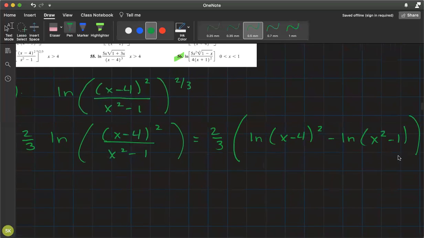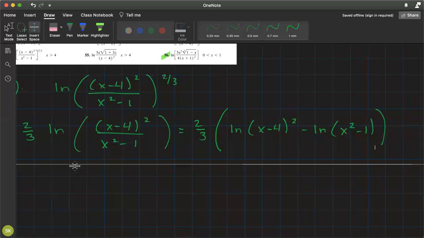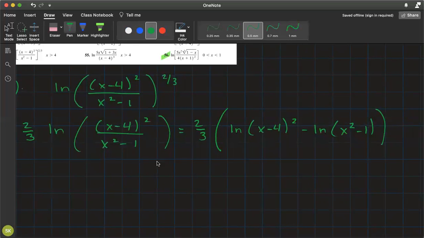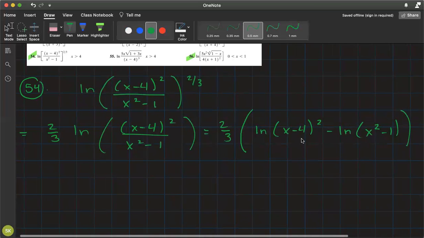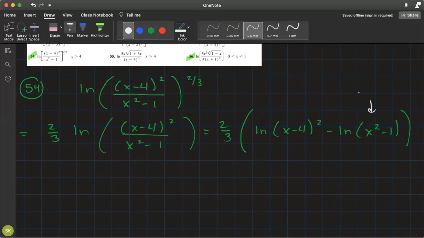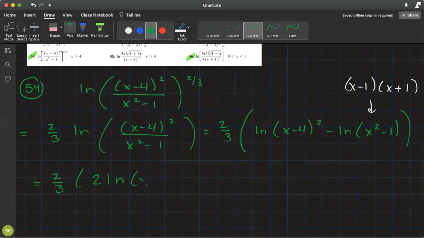Zoom out a little bit, maybe so we can see the whole problem. Okay, so this is what I have. Let's just double check. Now you have a few options here. You could go ahead and send in the 2/3. I think I'll wait. What I'm going to do is try to break these logs down a little bit further. So I can pull this 2 down. And we saw earlier that x squared minus 1 is the same thing as x minus 1 times x plus 1. So this will break into 2 logs. So we have, this is equal to 2/3, 2 ln of x minus 4,